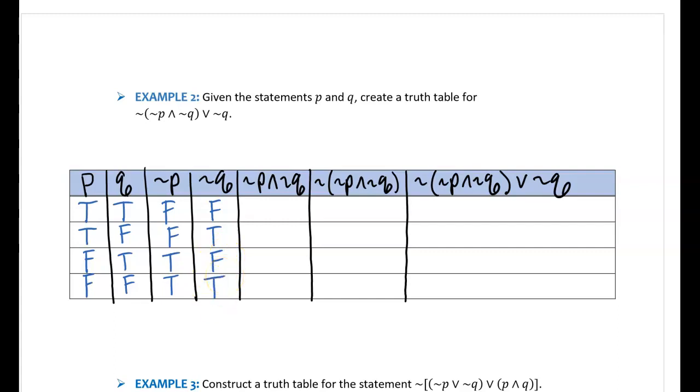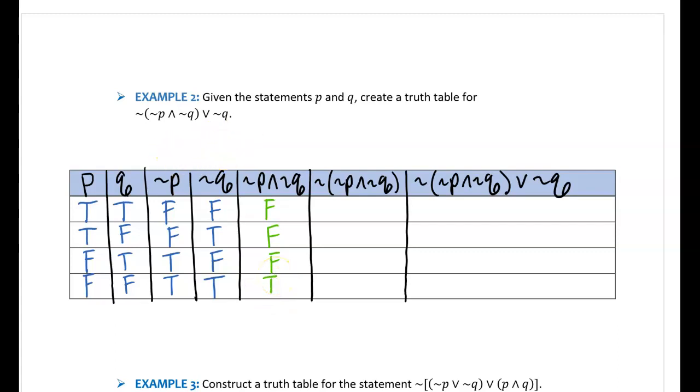Now we need to find the truth values of negation P and negation Q. So the arrows point to the two columns that I need to look at in order to find the negation P and negation Q, which would give me the truth values false, false, false, true.